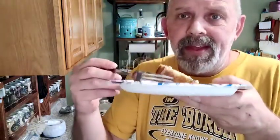But it's so good. The cake itself is a little dense, but very moist. The blueberries and the lemon, they connect very well. And even though we got the icing on it, that outer crust that forms, this part right here, it is amazing. It's just got the right amount of crispness. I don't even know how to describe it. But that is how we make our blueberry lemon pound cake